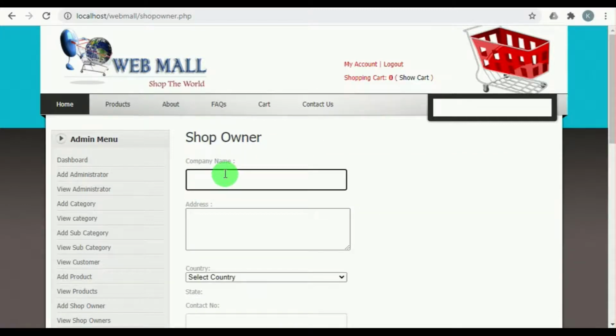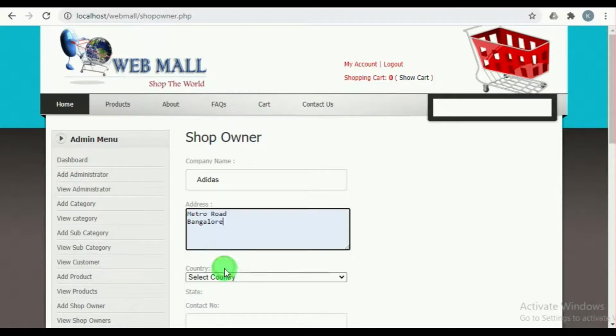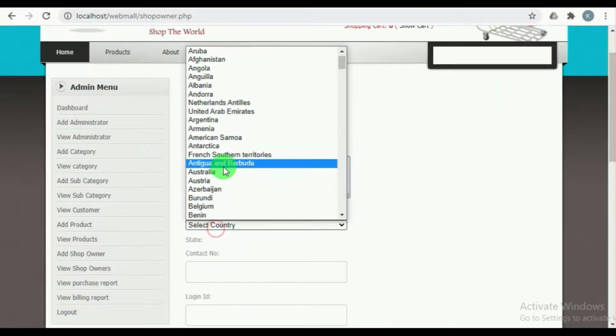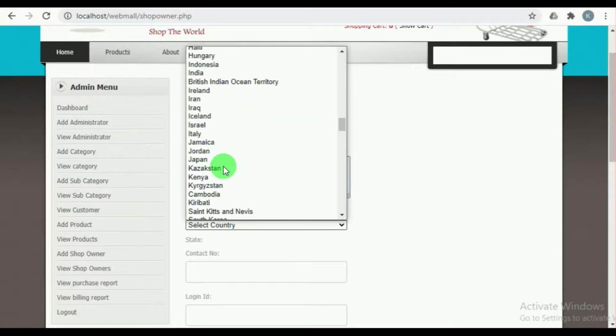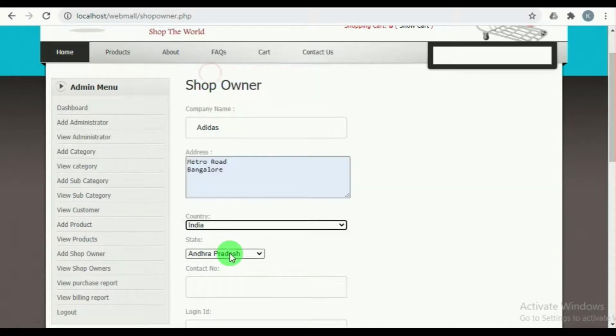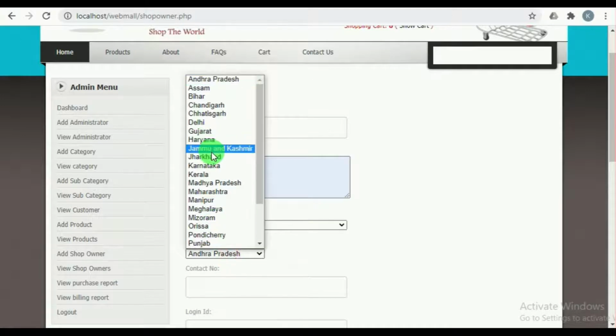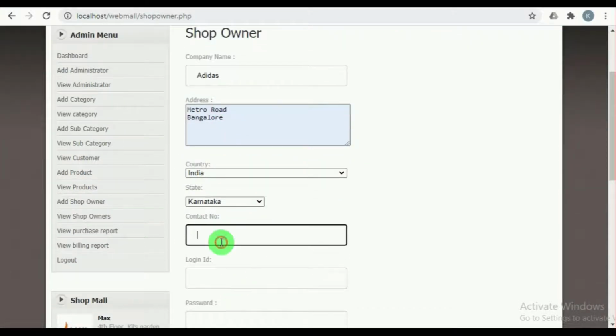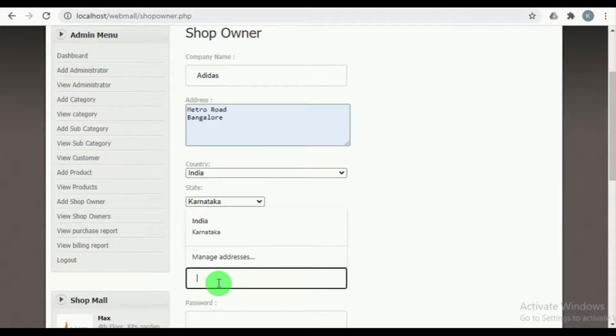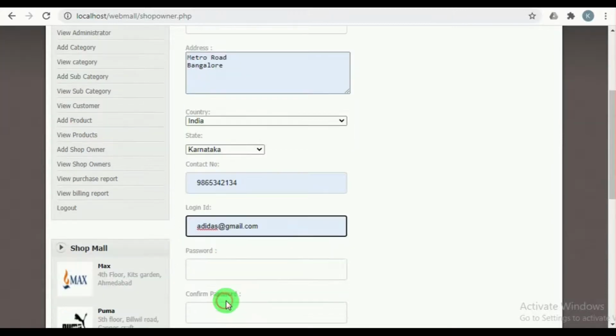That is by mentioning the company name of the shop owner, address of the shop owner, and then the country, the state, and the contact information of the shop owner must be added, and then the login ID and password of the shop owner must be created by the admin.